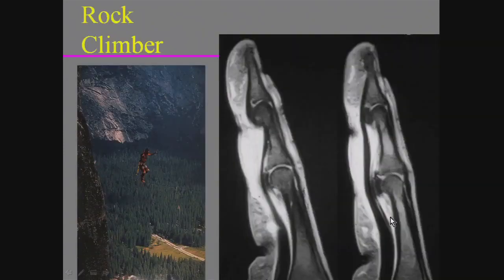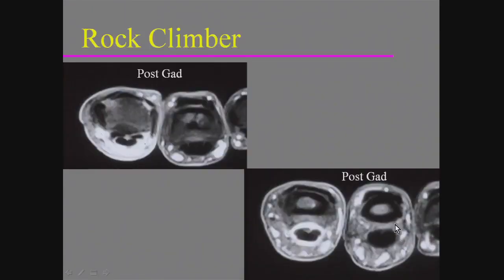This is an attorney who is also a very accomplished big rock wall climber who had an injury involving his ring finger, and you can see following conservative management he wasn't getting any better. These are sagittal contrast enhanced images. You can see the enhancing tenosynovitis throughout the ring finger. You can also see it looks like there's evidence here of a little bit of a split going on, so a little tiny subtle longitudinal split, enhancing tenosynovitis, and also a pulley injury, which we'll talk about a little bit more going on here. So a combination of a subtle flexor tendon abnormality, tenosynovitis, and a pulley lesion in a rock